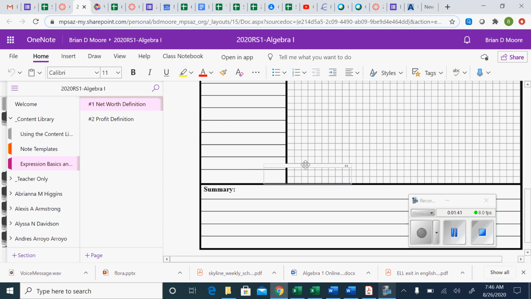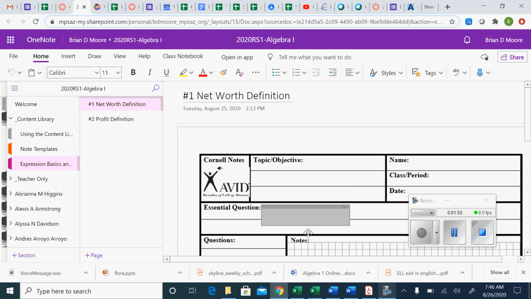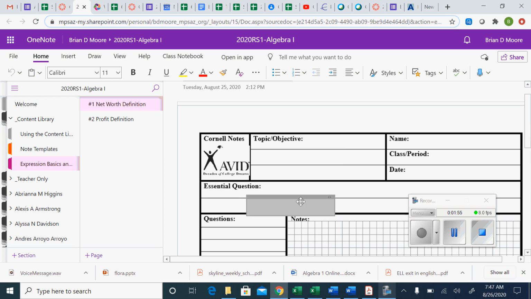Oops. But sometimes when I double click, it does this. OneNote is kind of quirky, so I get these drag handles. I left click, hold down the button, and I drag it all the way up to this essential question here. Whoa, see, this is so wacky. Okay, getting in,